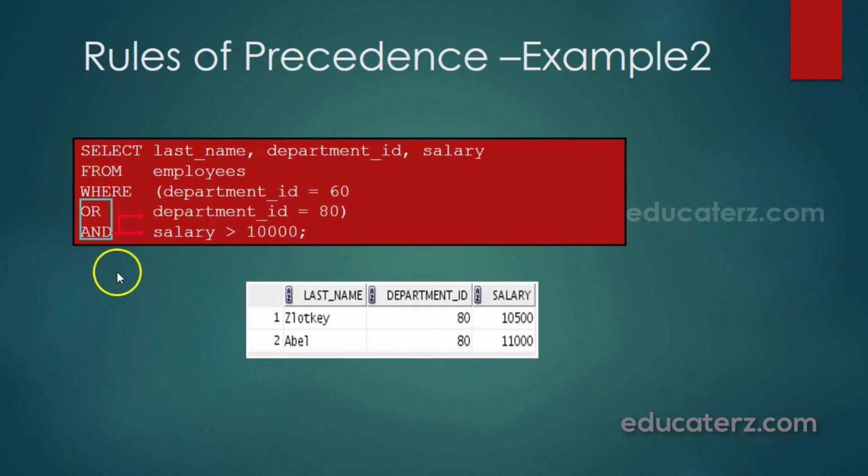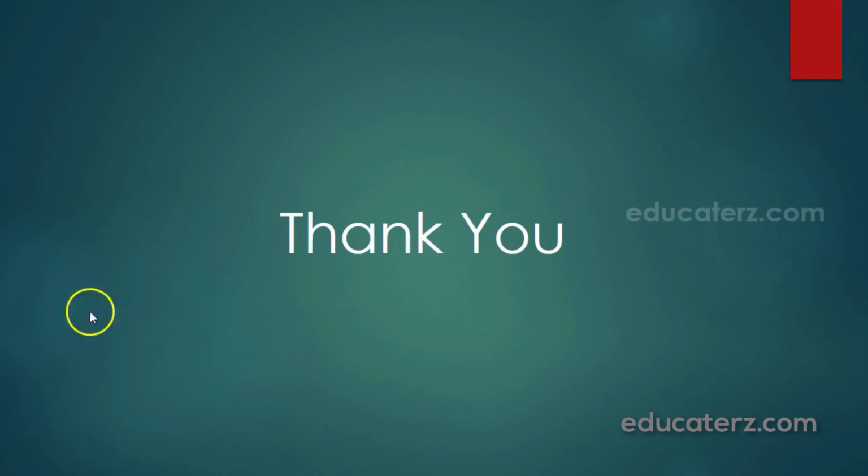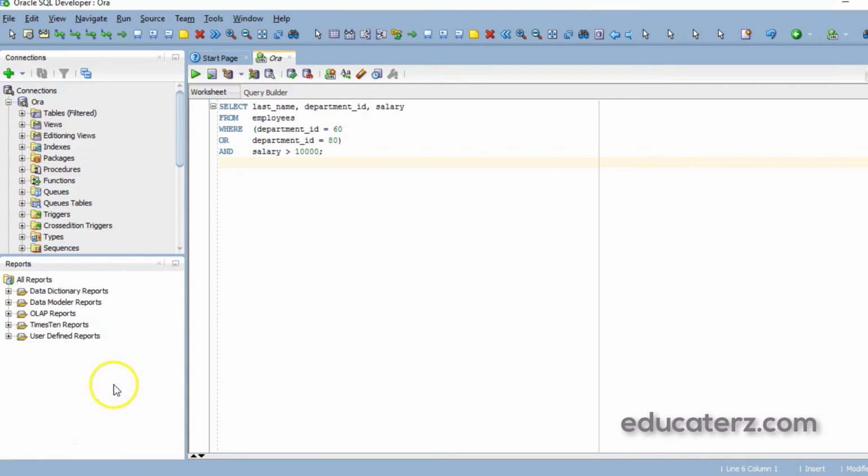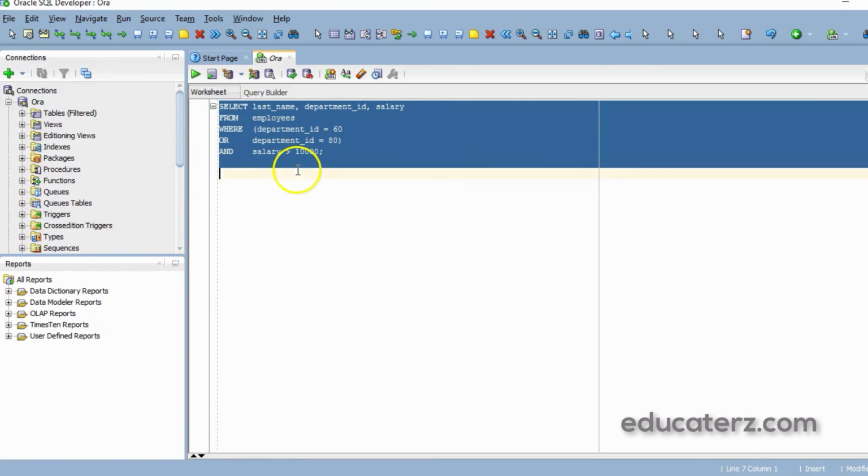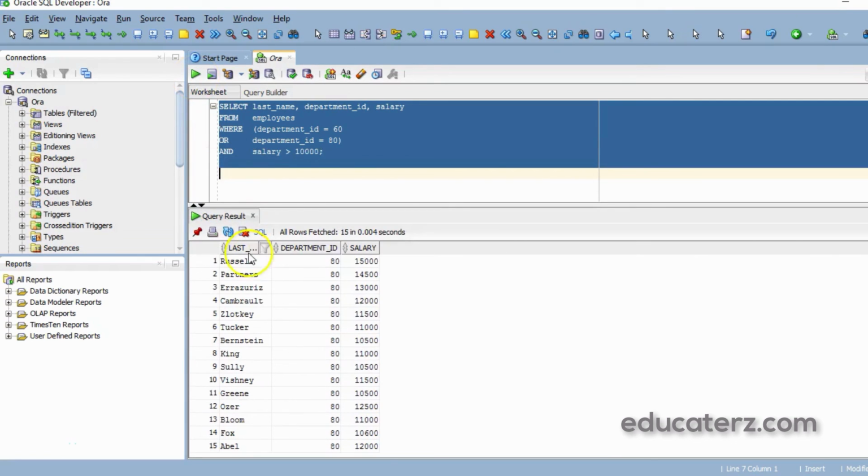I will demonstrate this in SQL Developer by executing this query. I am using parentheses in the conditions. See this. Russell is the last name, department ID is 80 and salary is 15,000.